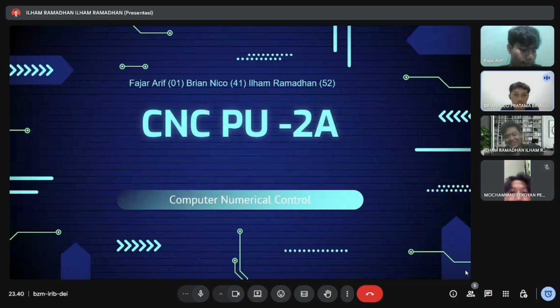For the second question, CNC machines are more precise than conventional lathes because their movements are fully controlled by a computer program. Every tool path follows exact coordinates, so the accuracy does not depend on the operator's manual skill. CNC systems also use servo motors and feedback sensors that continuously monitor and correct the tool's position in real time. This allows CNC machines to produce consistent and repeatable results with very tight tolerance, which is difficult to achieve with a conventional lathe.